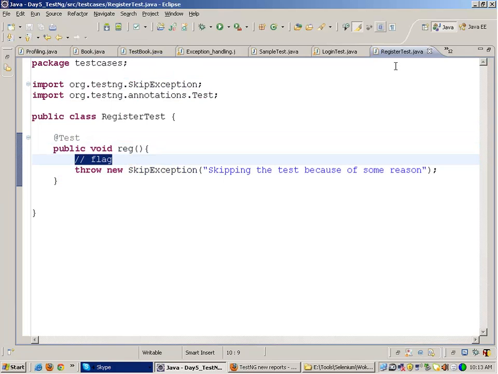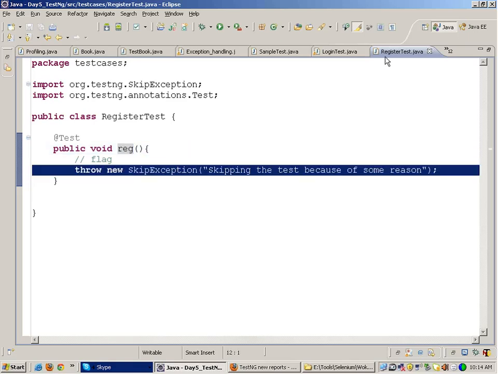I had talked in the beginning, right? You want to execute the test cases in a particular order, and you want to skip some of them, you don't want to skip some of them. So if you want to skip a test case, you keep a flag in some external file. I will talk about how to read that file later on. But if you have kept a flag in the file to skip the test case reg, then you simply throw this exception,